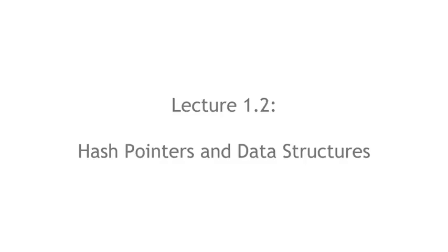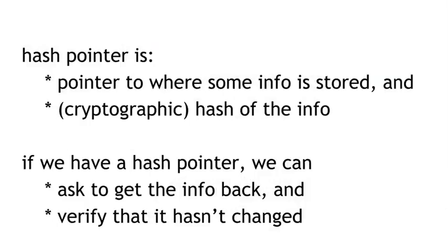In section 1.2, we're going to talk about hash pointers and their application. A hash pointer is a kind of data structure that turns out to be used a lot in the systems that we're talking about. And a hash pointer is basically a simple thing: we're going to take a pointer to where some information is stored, and together with that pointer, store a cryptographic hash of the